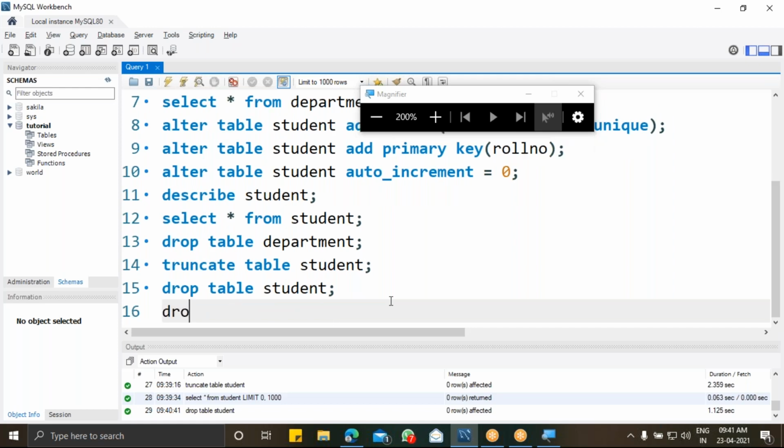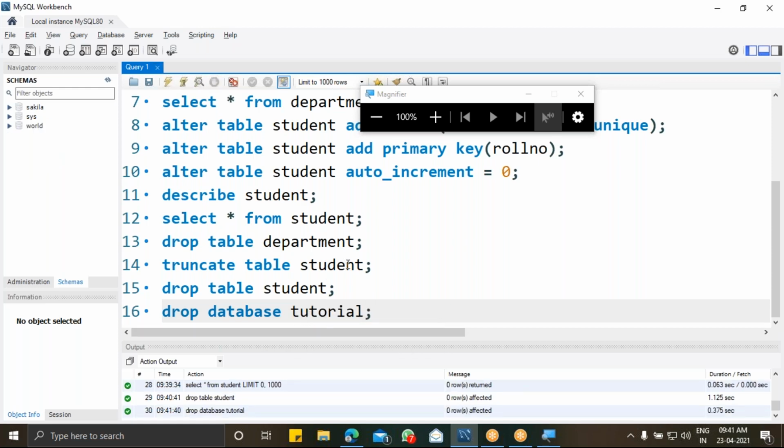Now I'm going to drop my complete database, using drop database followed by the database name, that is tutorial. If I execute this, you can see drop database tutorial has been successfully executed, and the database tutorial is completely removed from my list of databases.